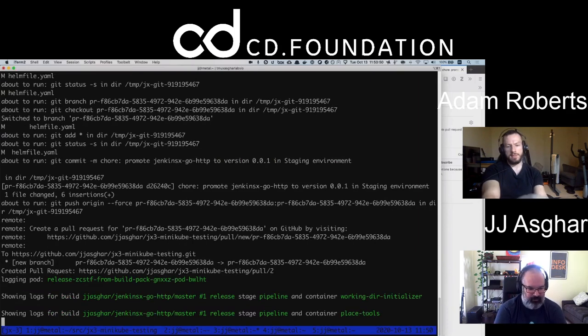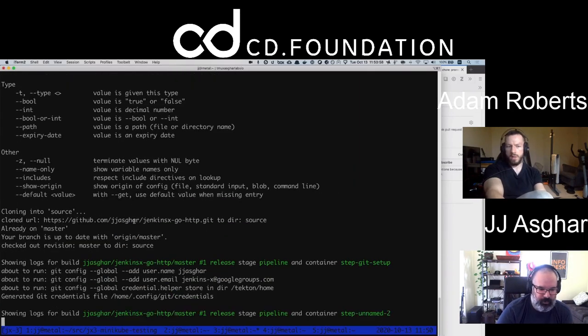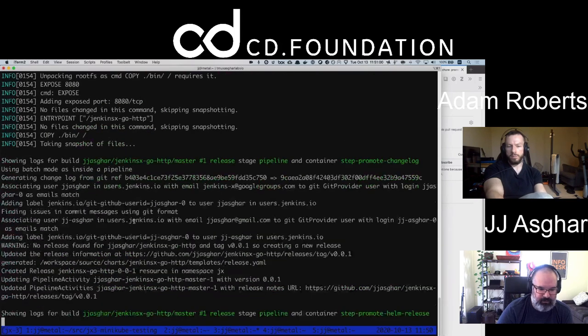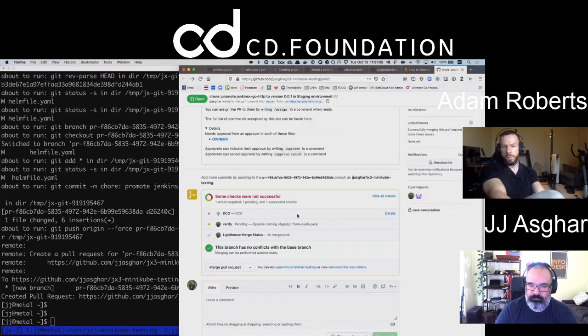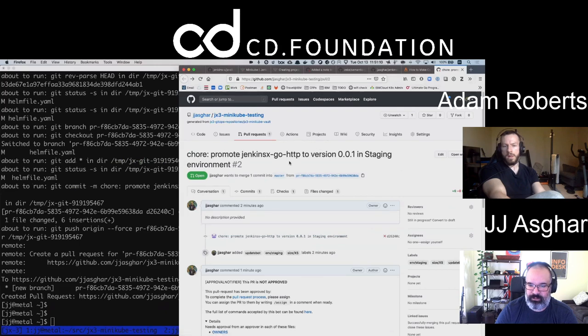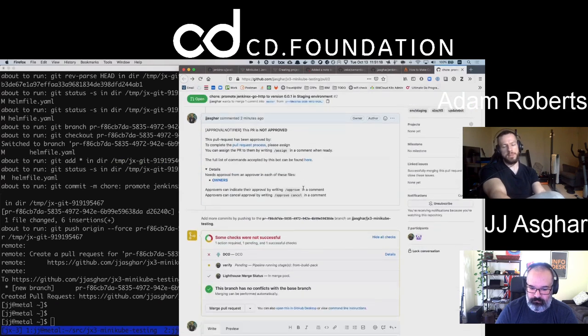So is this output live, JJ? Yes, it is. So it's not done yet, or is it? I think it's building it for staging now. There we go. And it's made a PR against the operator repo, which is pushing this promote Jenkins Go to version 0.0 and staging environment. So it's not done a PR for the app repo. It's done a PR for the operator repo to promote from nothing into staging, if you like, so it's using